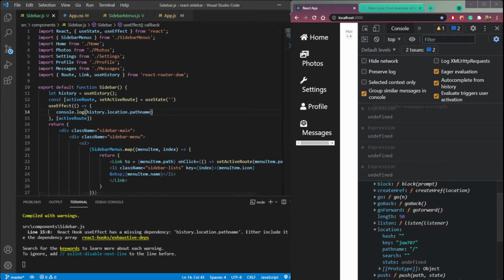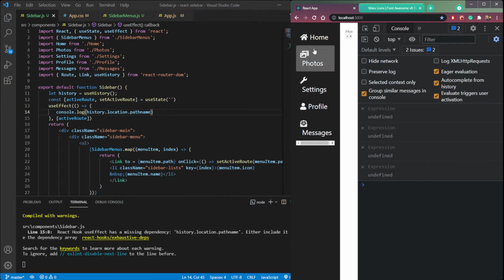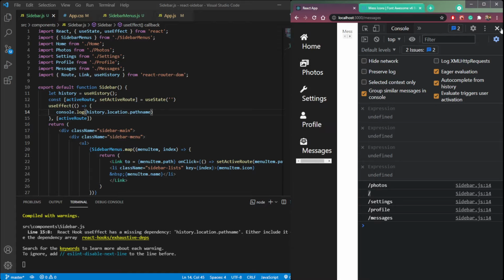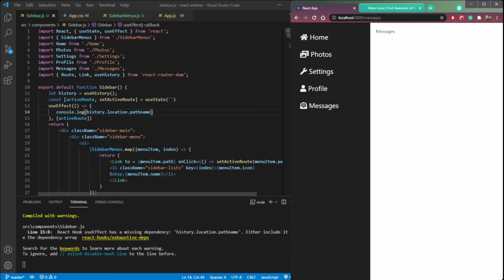Save it, clear the console, and now click home. You will see the home route. Click settings, you will see settings route, profile route and messages route. Now we need to set this active route.